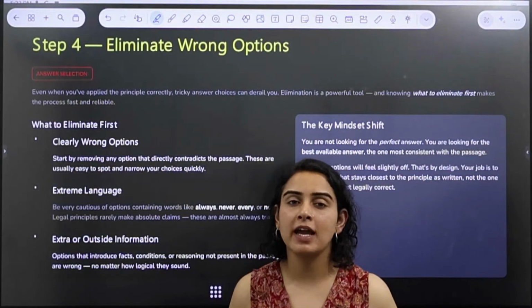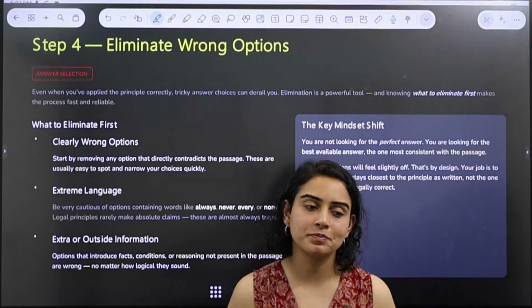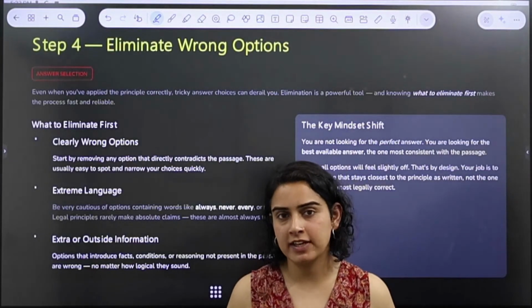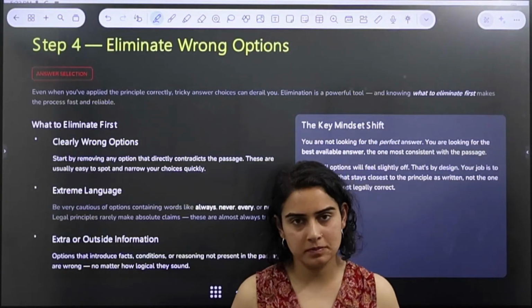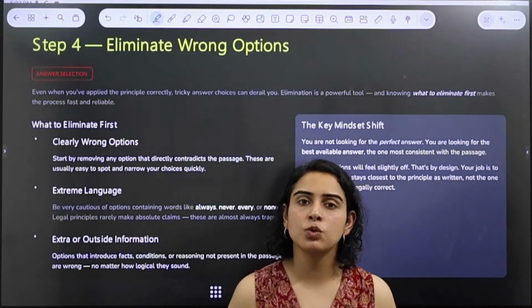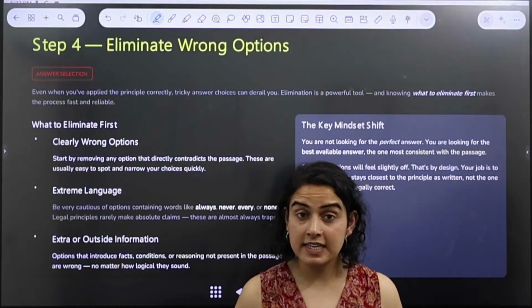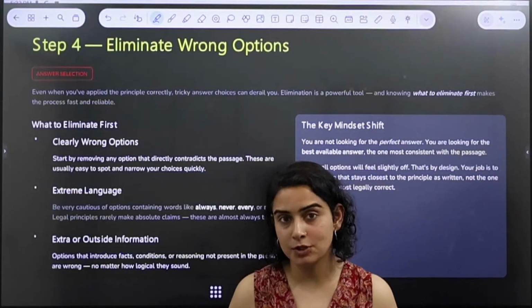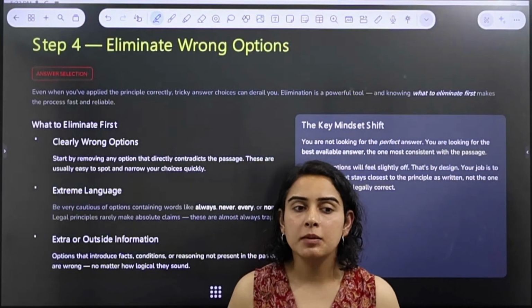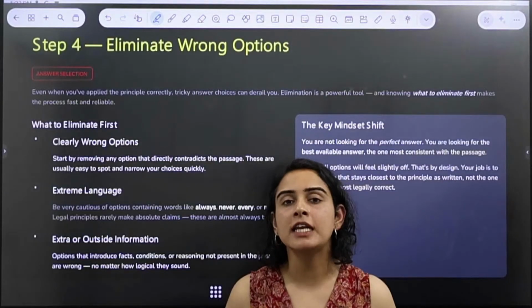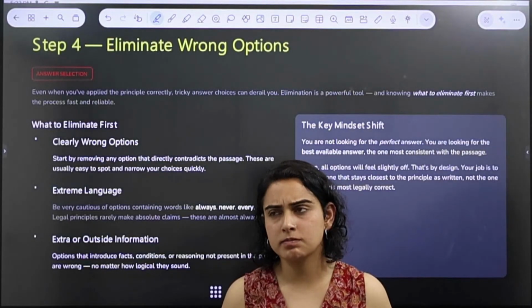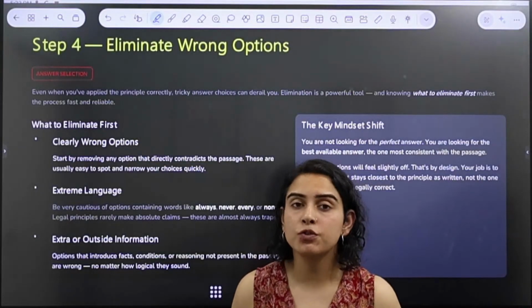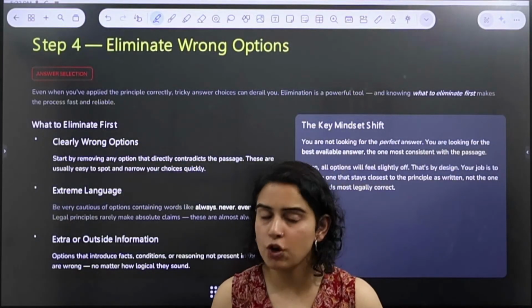Now the purpose behind that 50-50 lifeline was very simple: there are going to be four options, and if you use that lifeline, two incorrect options will disappear, and you will have two correct options in front of you. Same way, when it comes to these four options which look quite similar to you, eliminate the probable two incorrect answers which you are pretty much confident are definitely incorrect.